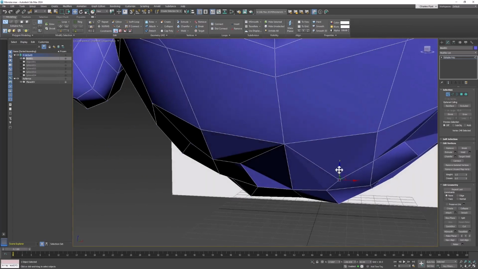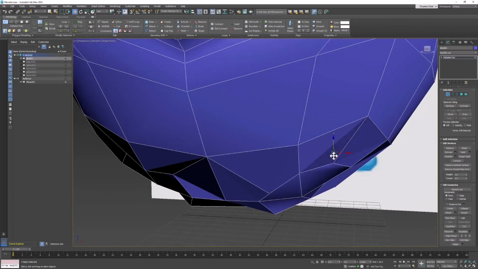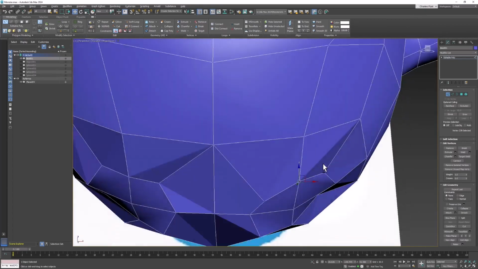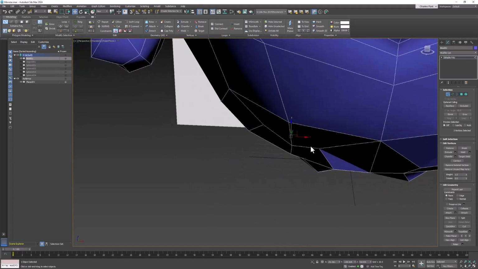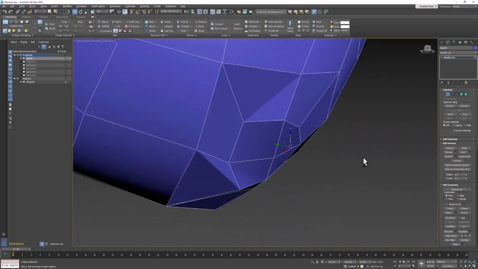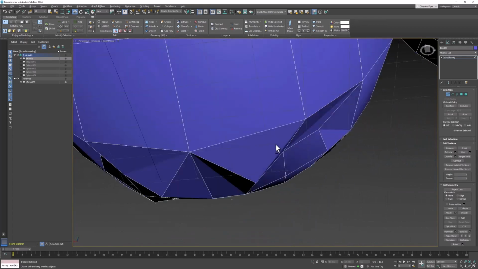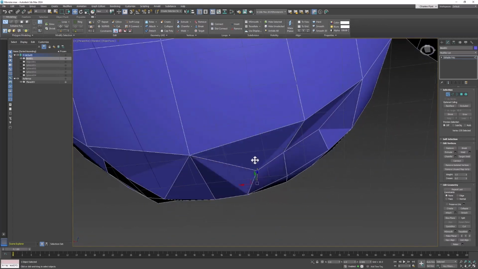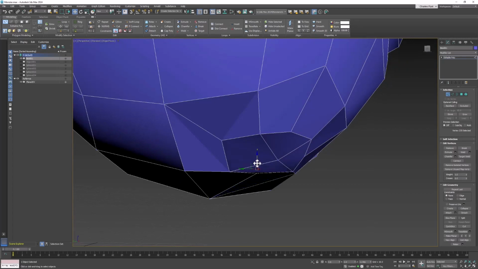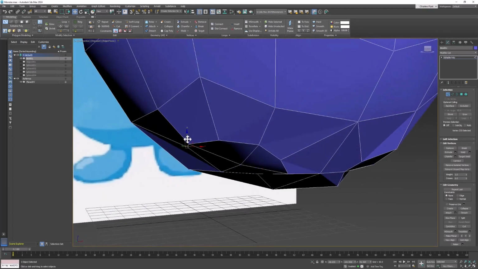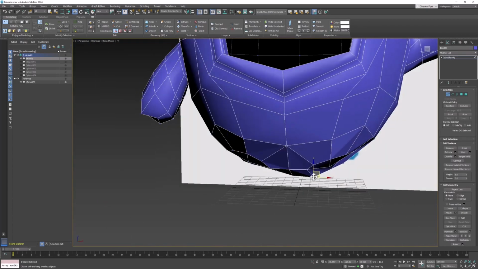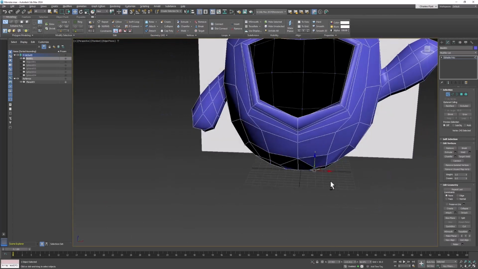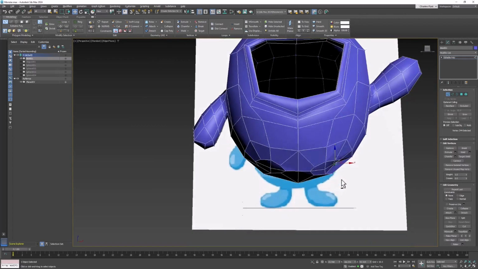Okay, now that we've done that, you can see that we messed up the mesh quite a bit, so we're going to have to fix it. This is just something you got to do. Okay, once we get that straightened out,